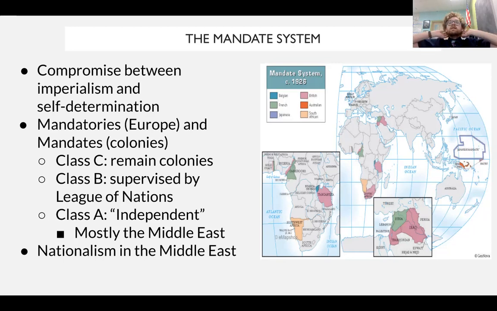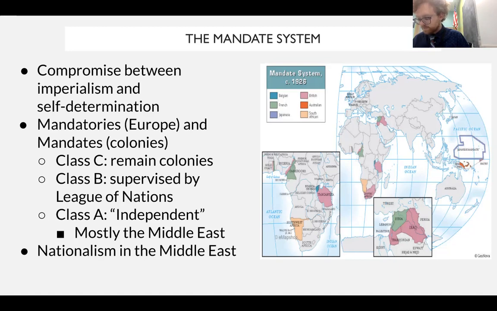And then finally, we have Class A mandates. Class A mandates, they are going to be technically given their freedom. They're going to be technically given their independence. And yet the vague wording of the Class A mandates, let me read how vague this language is, because it will absolutely blow your mind. It is going to allow a continued European and economic presence in these technically independent countries. So let me read to you the wonderful wording of the League of Nations as it relates to these Class